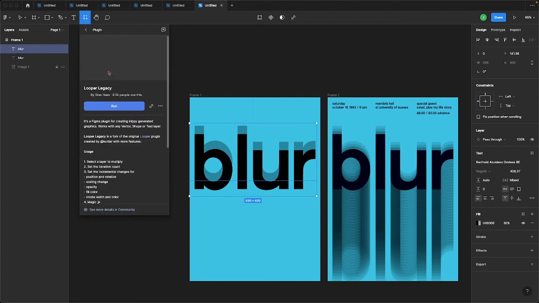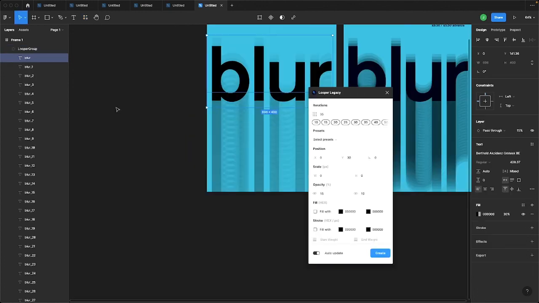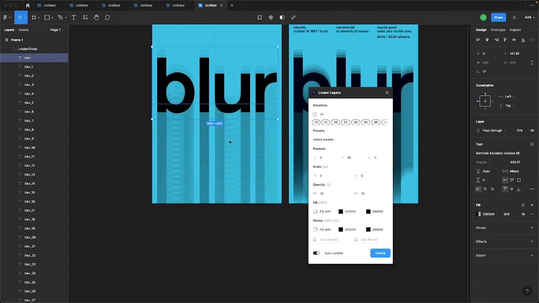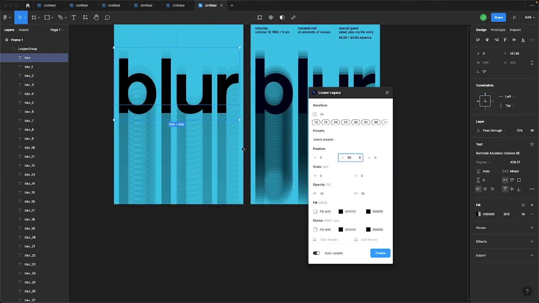So I'm going to click that, click Run, and I've previously done this, so it already created some duplicates for me. But I realized we need about 35, and all these settings are basically how much it changes each iteration or each duplicate. And what I'm seeing here is that 30 is actually too far apart,